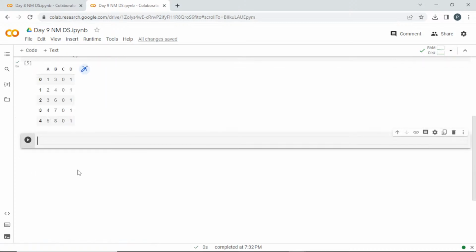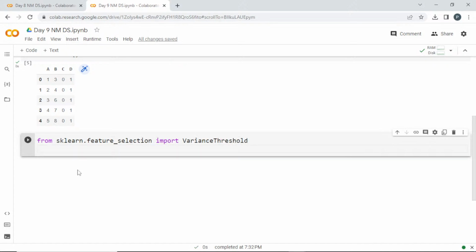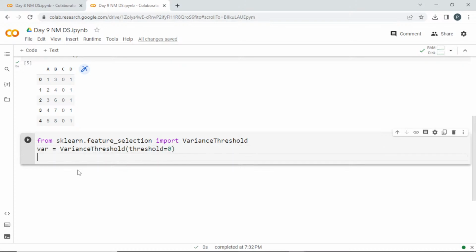what is the tool we are going to use? From sklearn.feature_selection import VarianceThreshold. So I'll create an object equal to VarianceThreshold. I'll pass the threshold value as 0. So wherever there is 0 difference, I'm going to remove that. So I'm going to just fit it. Now I'm going to fit the data. So if I run this,